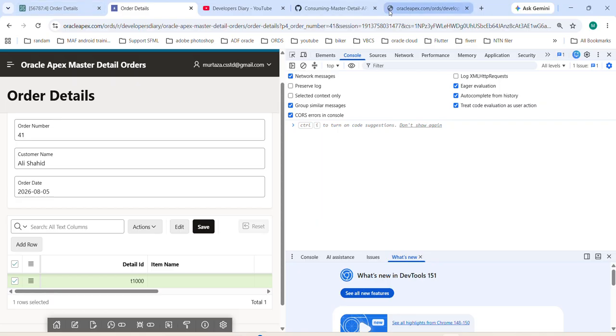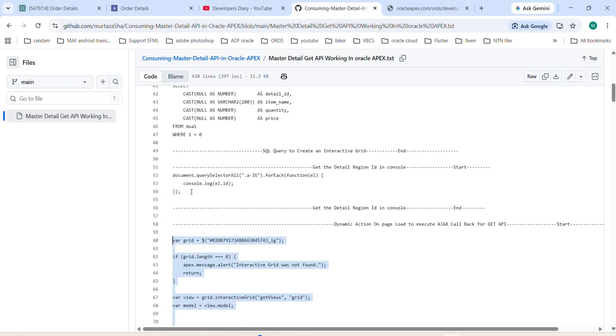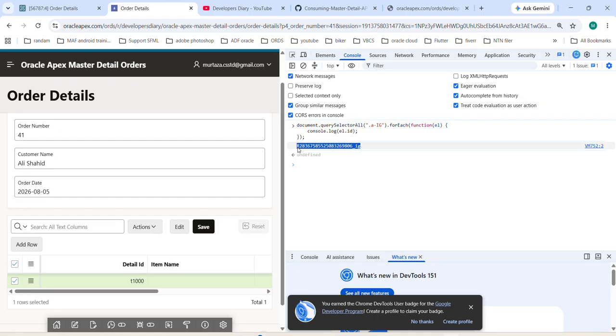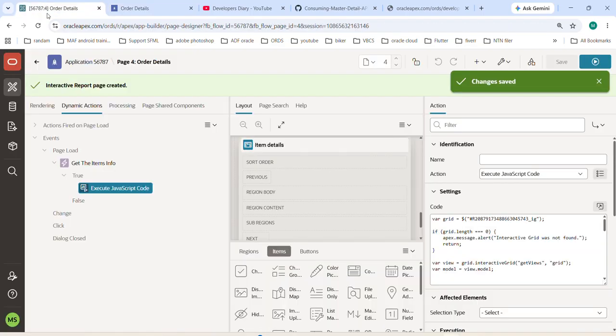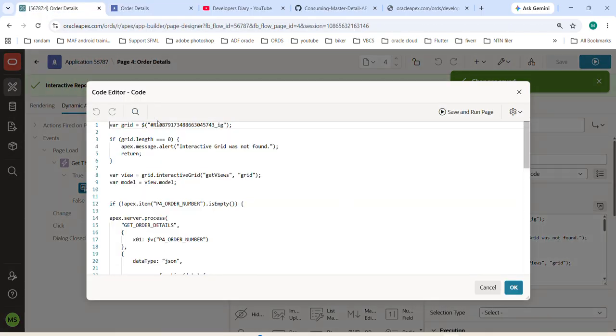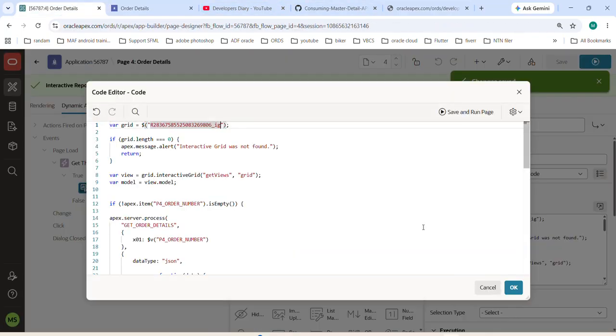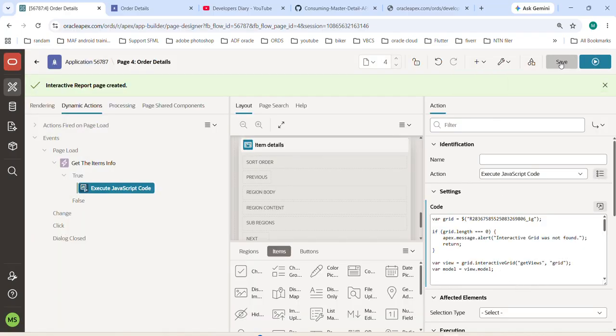and here we are going to write a JavaScript code and press enter. So this is the ID of our interactive grid. So we shall go there and change the ID of our interactive grid and click OK, click save,